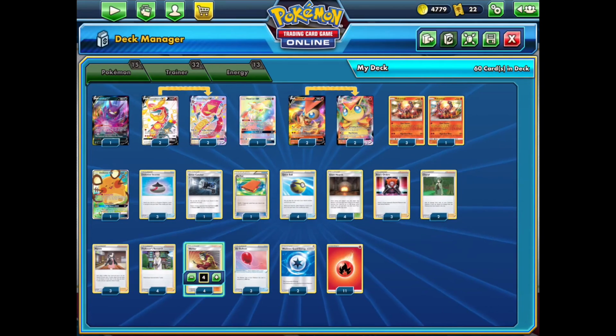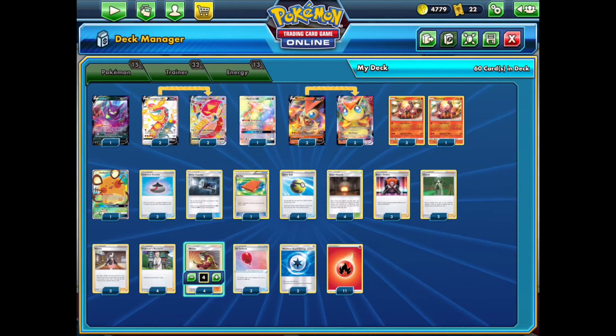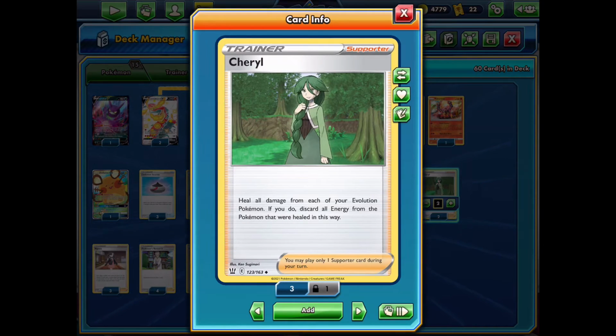And then we have our 4 Research, a couple of Marnie, a couple of Boss's Orders, and another new addition to the deck from Battle Styles is Cheryl. Not seen this played quite all that much in the VMAX decks, or the Fire VMAX decks anyway, Victini and Centiskorch, but it just makes a lot of sense in this kind of deck because you can go in, attack